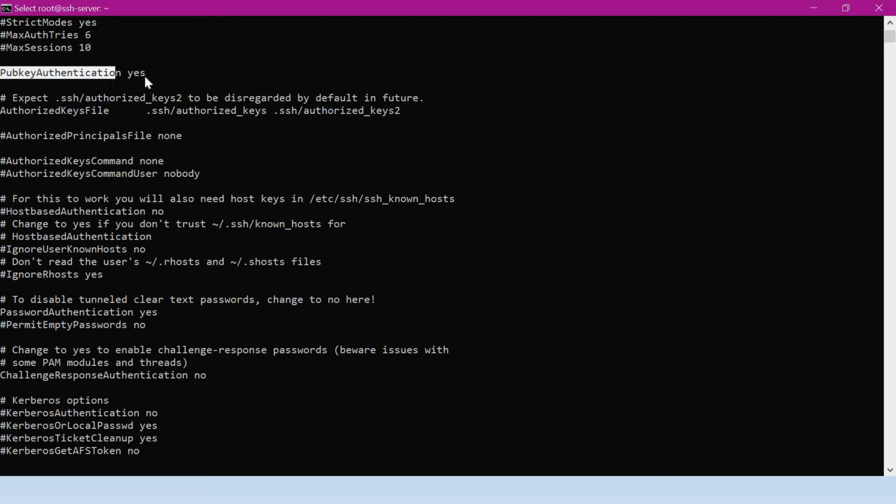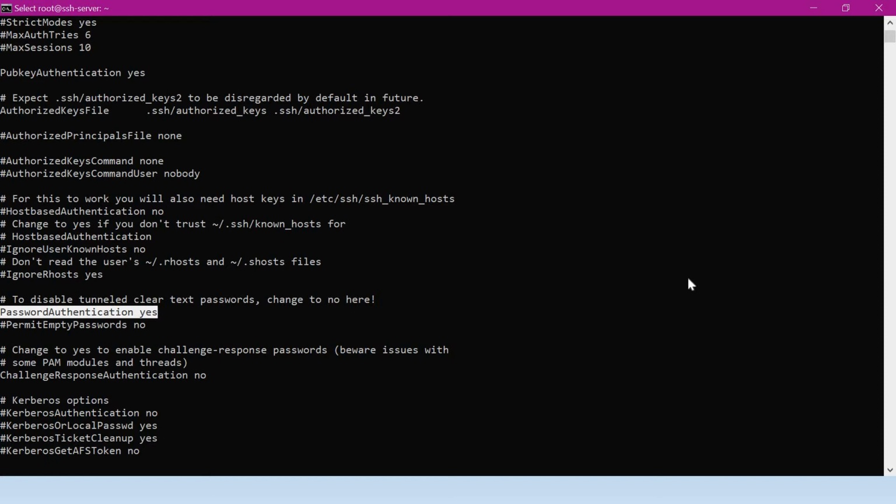For public key authentication, we have made it yes, and the authorized keys file will be present inside .ssh/authorized_keys. So this is the default one. If you want to change the authorized keys file location, we can place it accordingly. But for this video, we will use the default authorized keys file. And also we have enabled the password authentication. So these are the configurations on the server side.